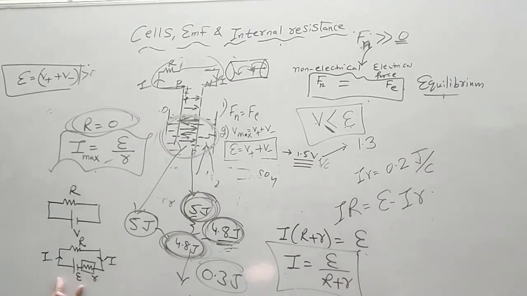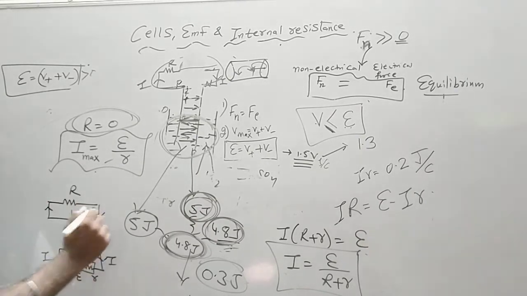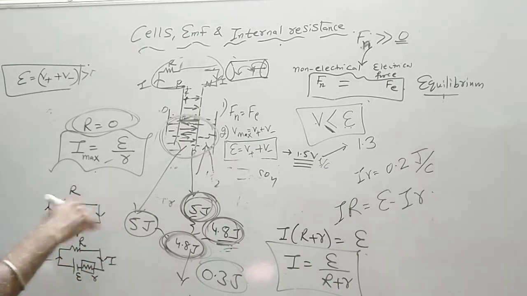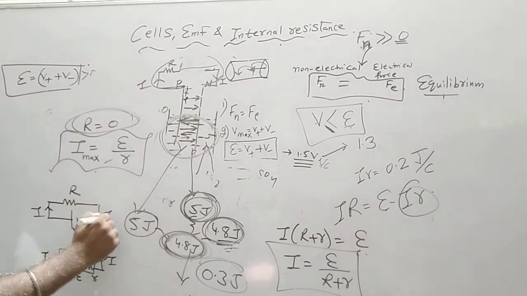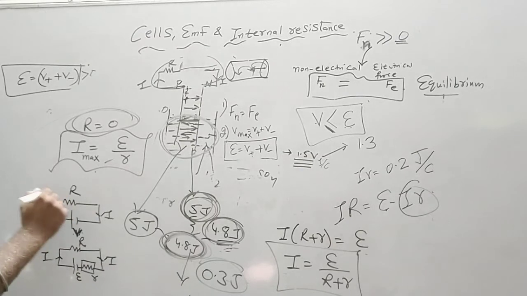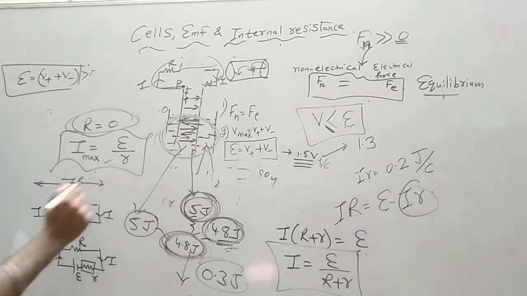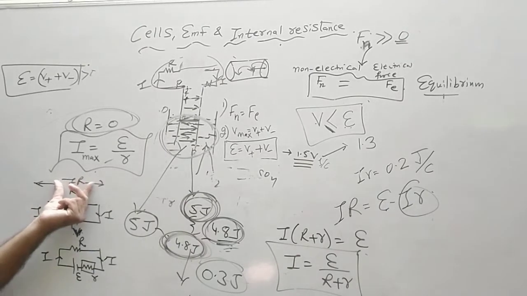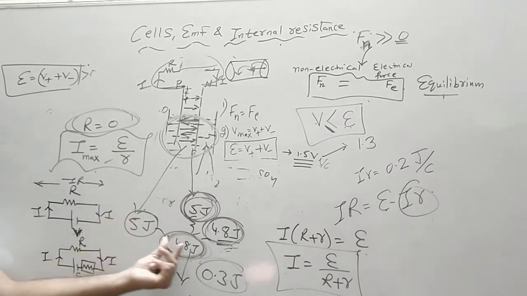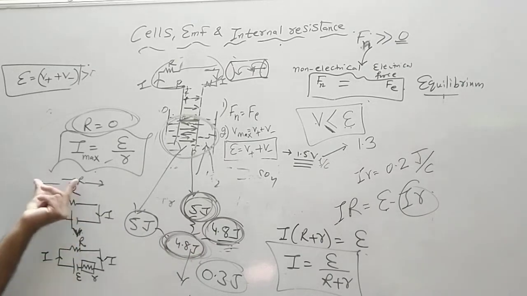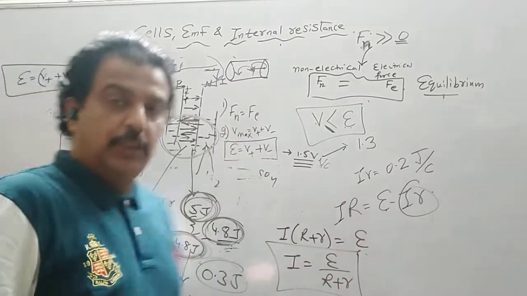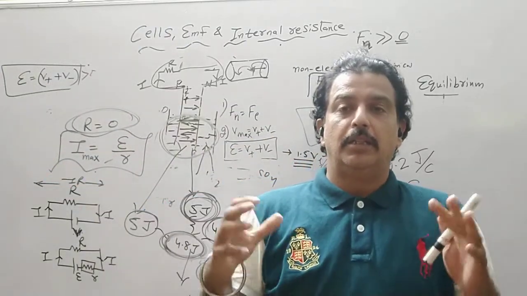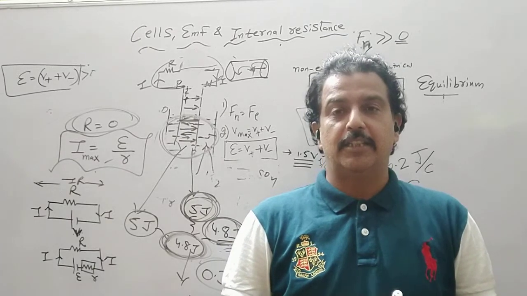If I write E for the cell, I have to draw internal resistance separately. If I write V, it is understood that the EMF was E and the internal resistance voltage drop is subtracted from it and directly V is written. Now see the condition, if this is V, and I is the current flowing through it, then this will be equal to Ohm's law. The potential drop will be IR. This 5 joule, you will get 4.8, and this 4.8 will be utilized by this resistance which is capital R. So this is about cell EMF, terminal potential difference, internal resistance.